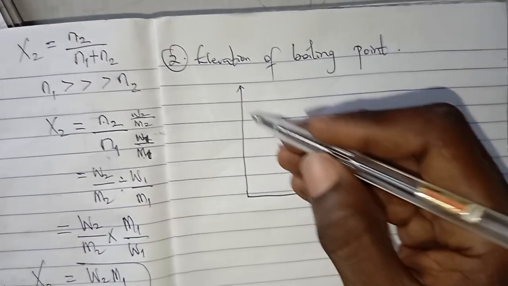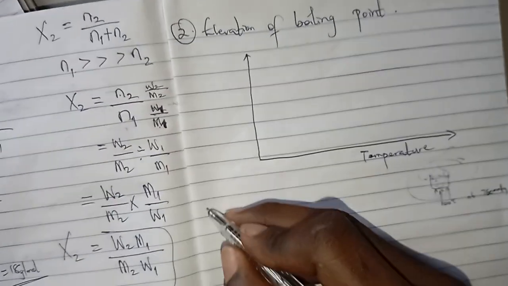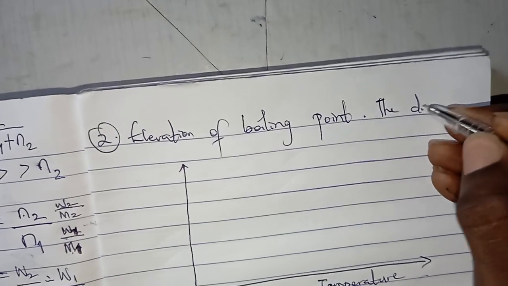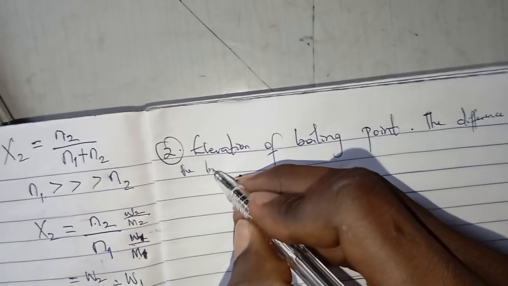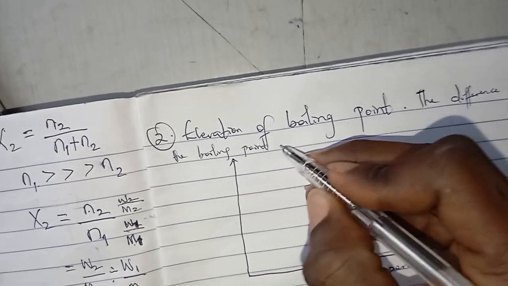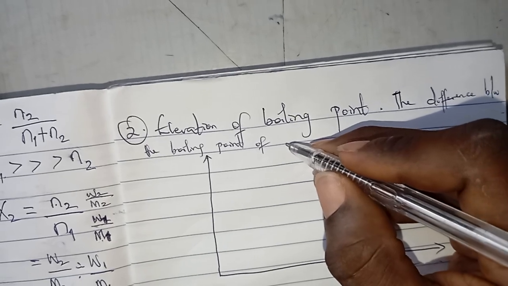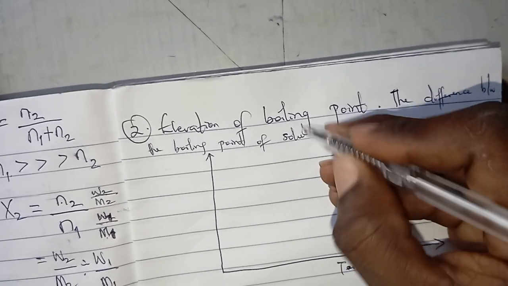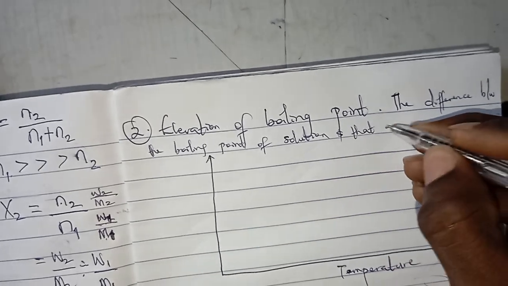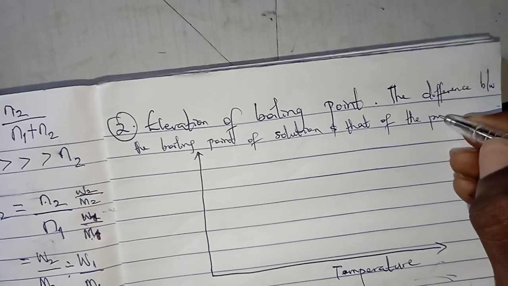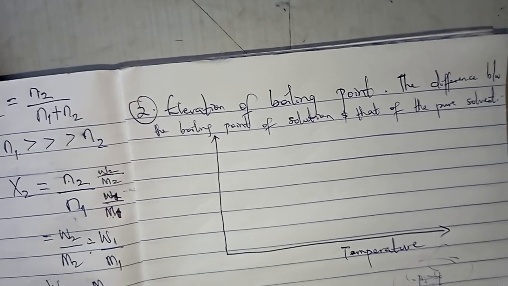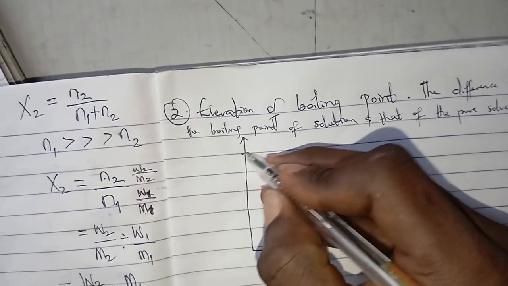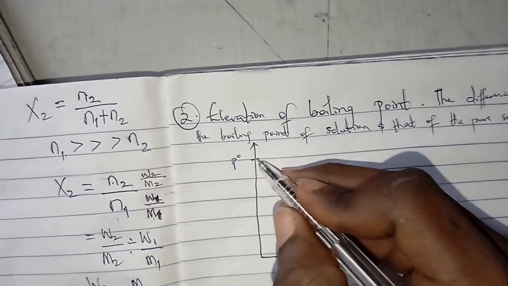So once you know this, we can apply it. So we can say that elevation of boiling point now is simply going to be the difference between the boiling point of the solution and that of the pure solvent. So the difference between the boiling point of the solution and that of the pure solvent is what we call boiling point elevation. So notice that if, for example, I have this to be P0,